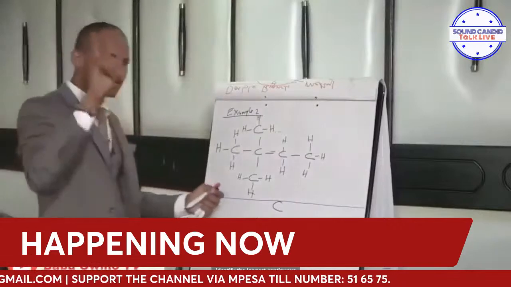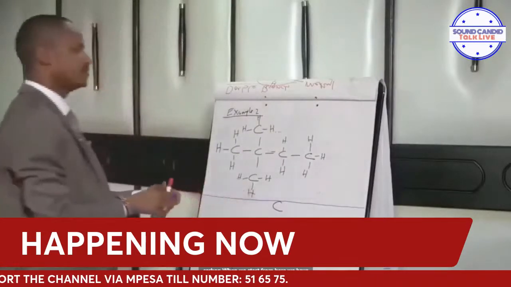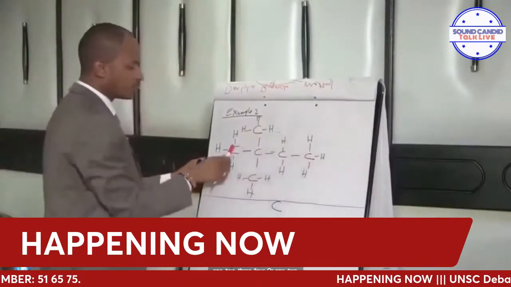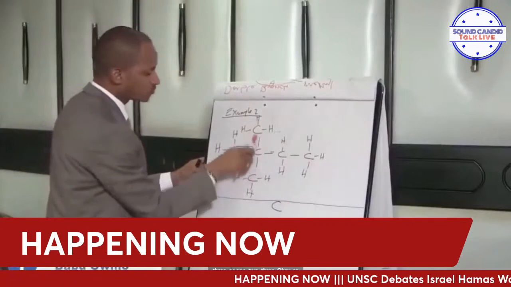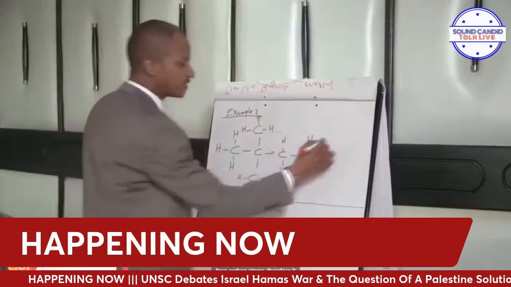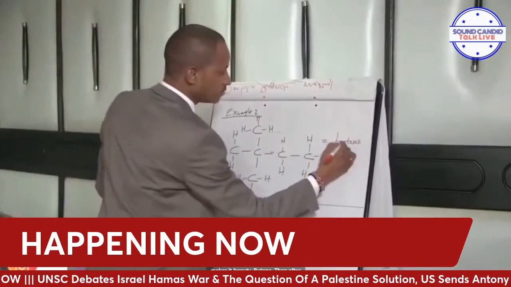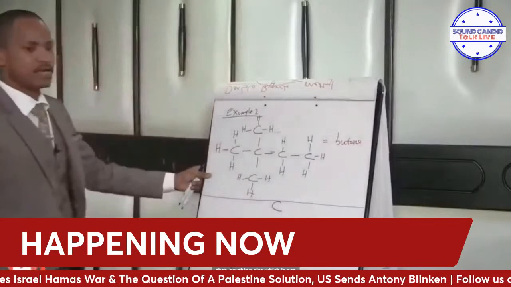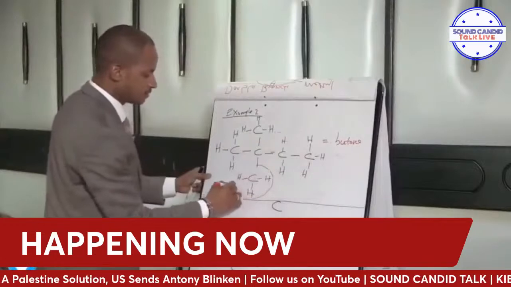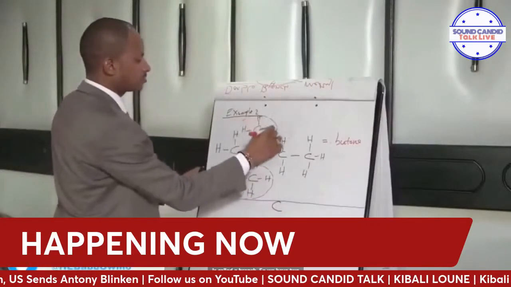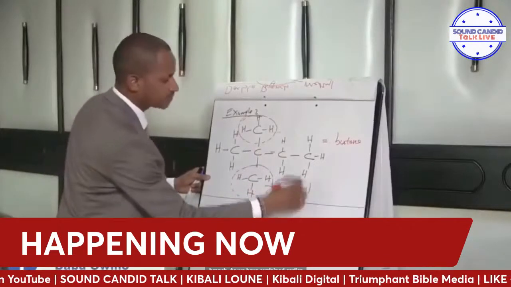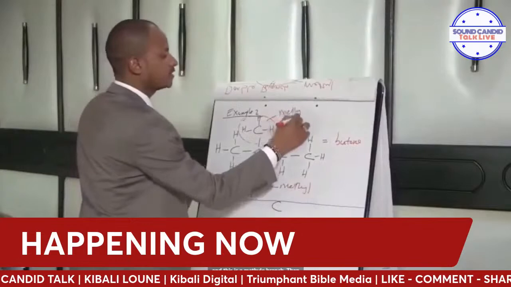Number one, identify the longest continuous carbon chain. When we start from here, we have 1, 2, 3, 4, or 1, 2, 3, or 1, 2, 3. Okay? So the longest continuous chain has 4 carbon atoms, therefore it makes it butane. Then anything else which is not along the longest continuous chain is called a branch. So we have 2 branches. So this branch is a methyl branch, as we have explained earlier, and this is a methyl branch.